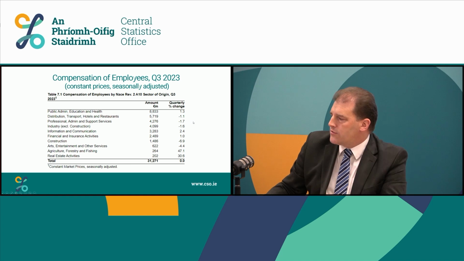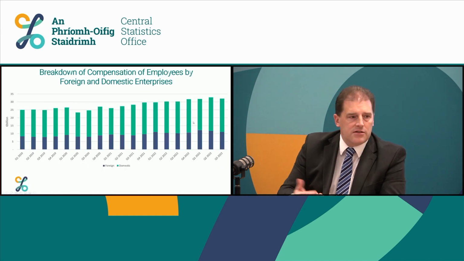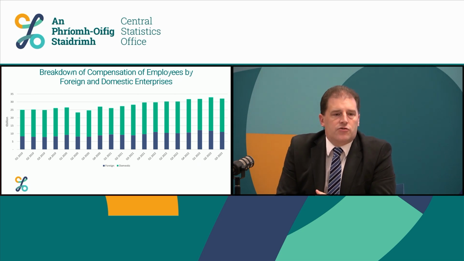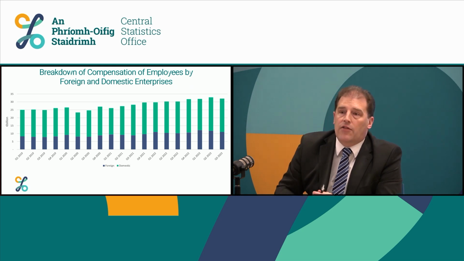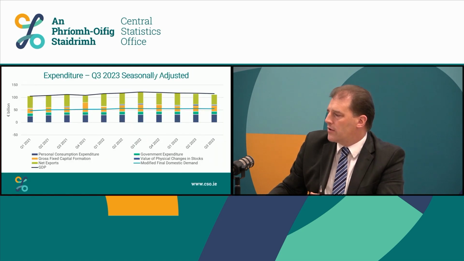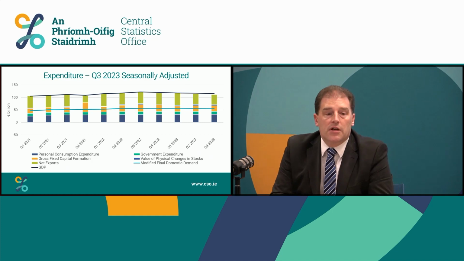The wage data also tells us about the MNE share. This is current prices, but the share remained the same. So the MNE contribution to the domestic wage bill is still at 35%, just below 35% in the data. If I move to the second method, the expenditure method of looking at the economy, we look at personal consumption,